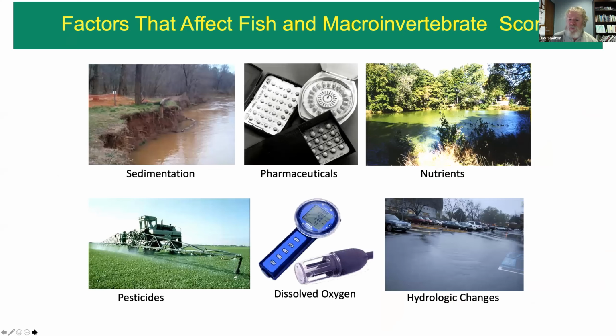And we can try to relate all that back to different sources of impairment. And here are just some of the ones that I threw out here. Certainly here in Georgia, one of our biggest concerns, one of our major recognized sources of impairment, is sedimentation. If any of you are private landowners or land managers, you have probably seen and had to deal with issues associated with sedimentation. There are other factors that affect fish and macroinvertebrate communities, and in all honesty, it's almost never just one of these. It's usually the cumulative effects of multiple stressors that has a negative impact on aquatic health.